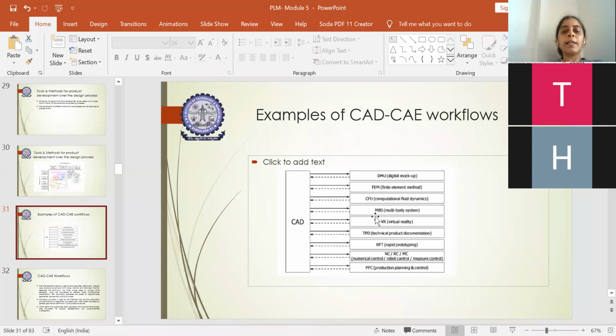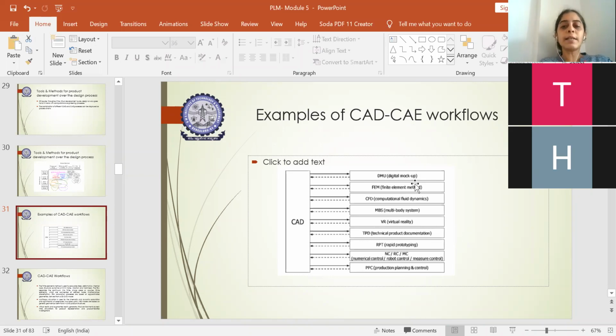Everything you will be able to see when you connect these design and analysis tools with respect to a virtual environment. And then once you do it, if you get off without storing the documentation, it will not be possible for us to proceed further. So you need technical product documentation. All the things which are generated, created and analyzed will be documented, so that you will be able to access this later. All the results will be documented in technical product documentation.